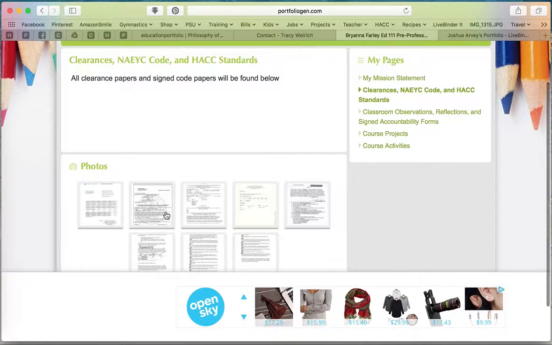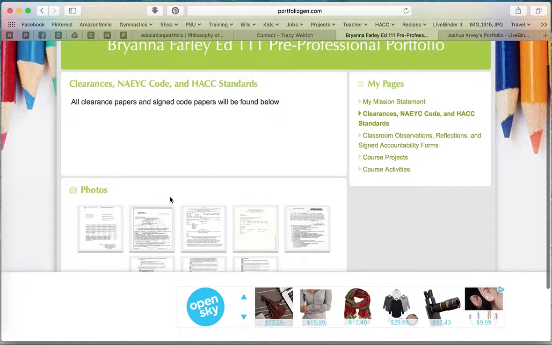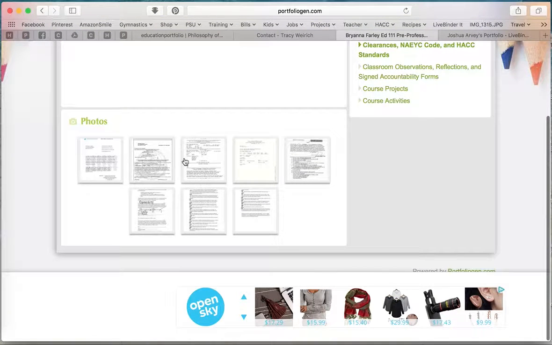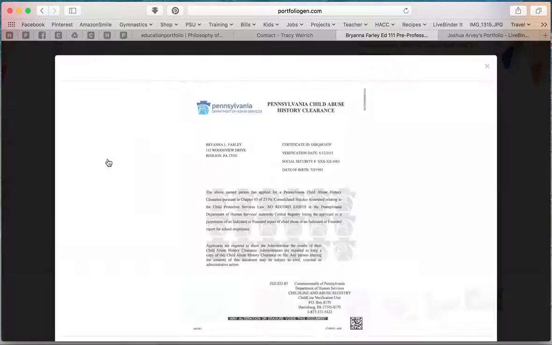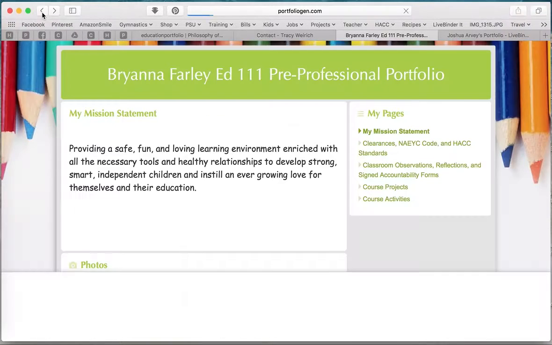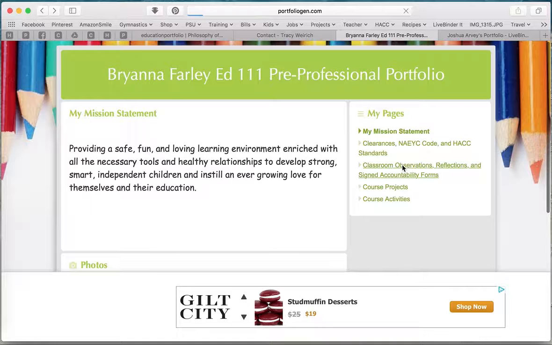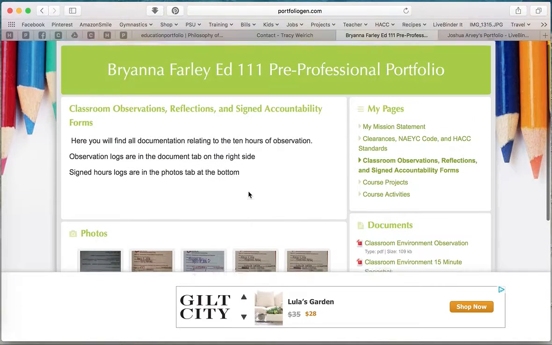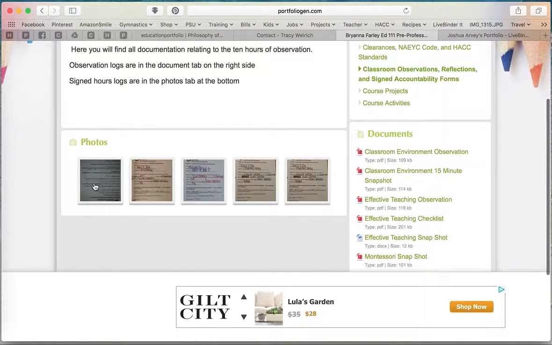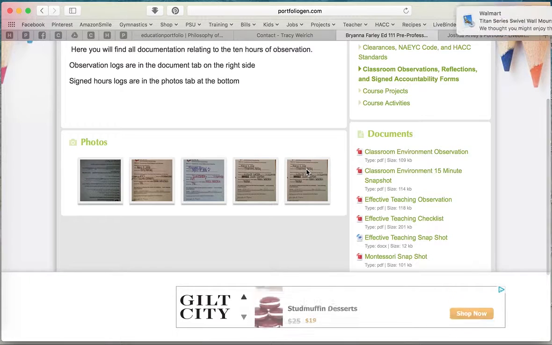She put in her clearances as photos, so you can just click on those and see those. I'll do that for you just so you can see how it brings it up. It brings it right back up. She has all of her observations put in. She has a little description at the top, and then you can see each of her observations and all the